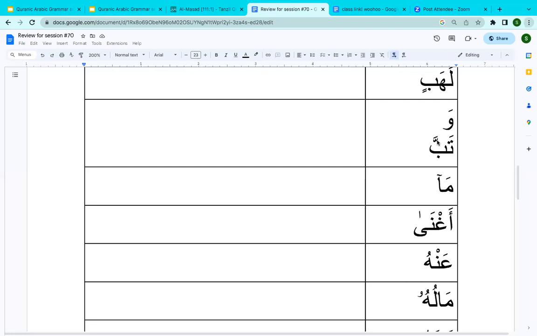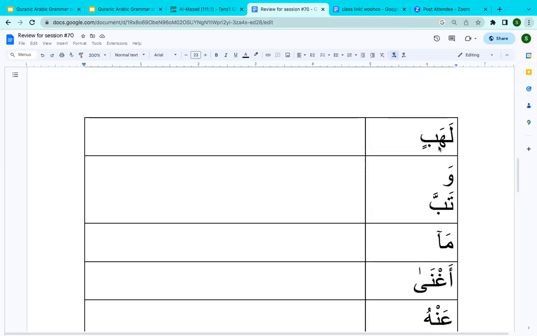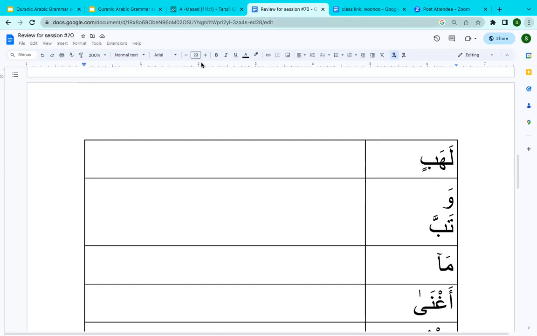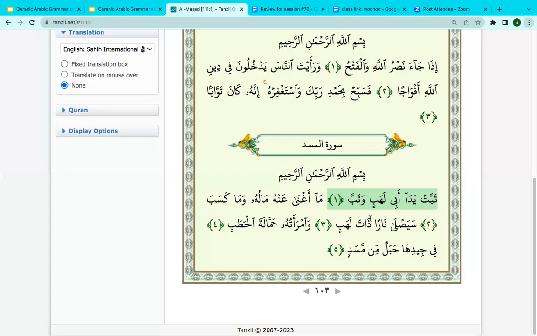I have to look at the end of the word, and after the third root letter, I do not see any additional ta sakun, alif, waw, noon, or ta fatha, ta damma, ta kasra, or noon alif, or noon fatha. I can easily say that this word is huwa tabba. Okay. Now, if I translate this first verse for you, or if I take you to this Sahih International translation,